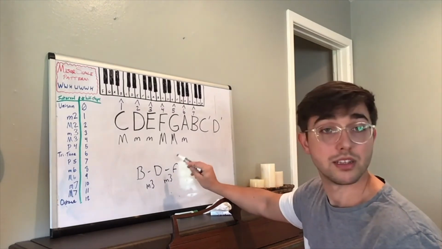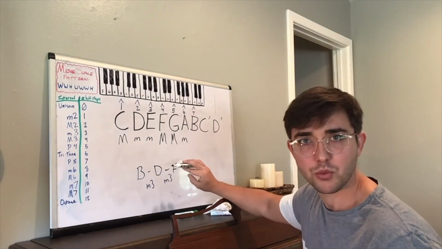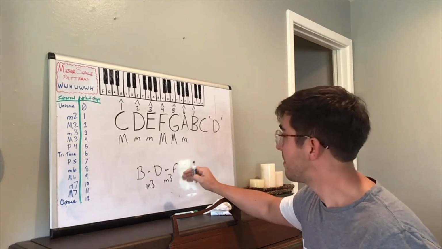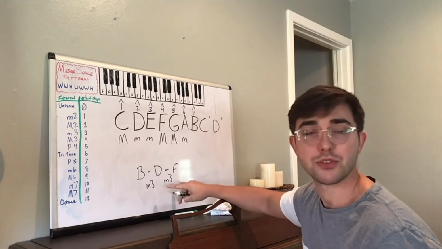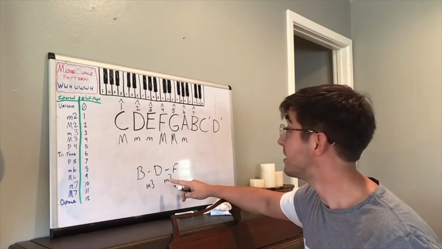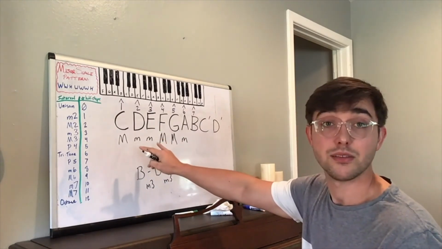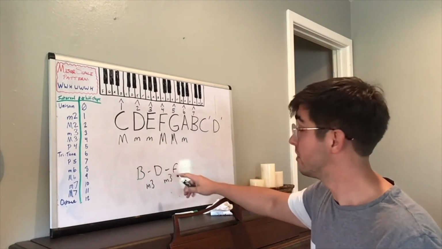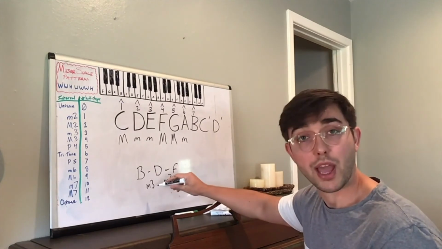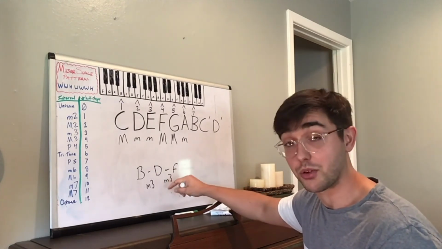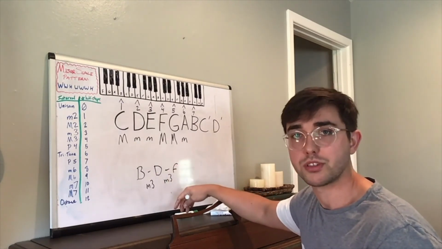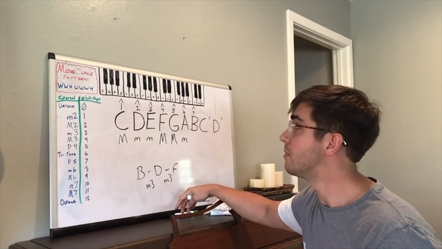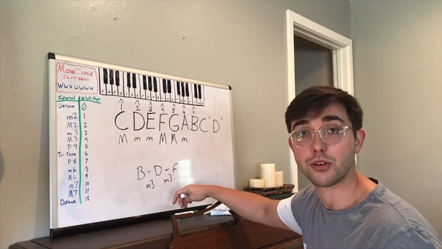So this is weird. This is where it gets tricky. We don't have a differentiation. The other two chords that we did together, the C major chord and the D minor chord, both had a major third and a minor third, just in different orders. And that's really important because a major third plus a minor third